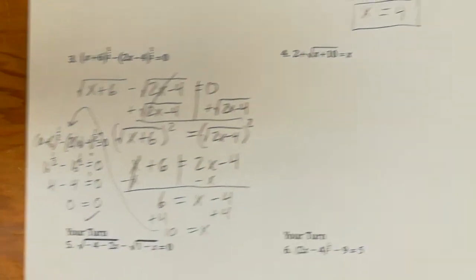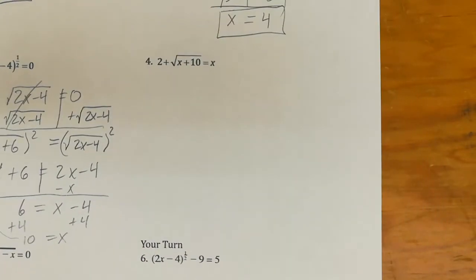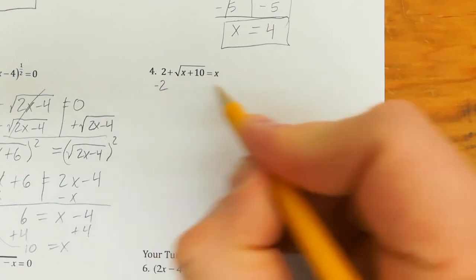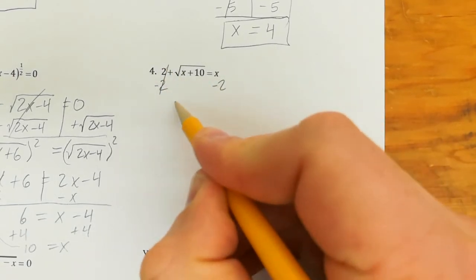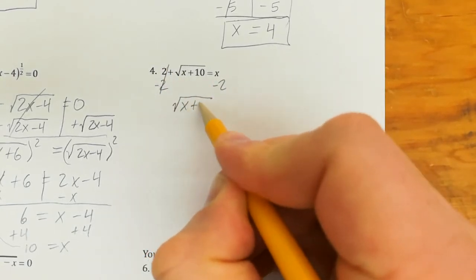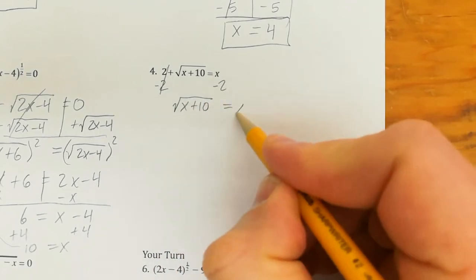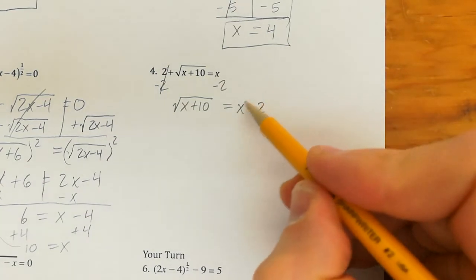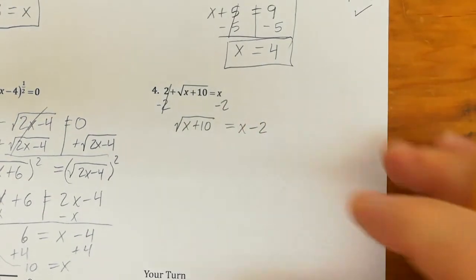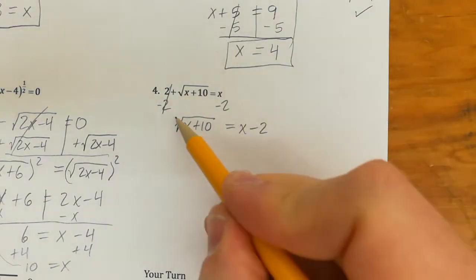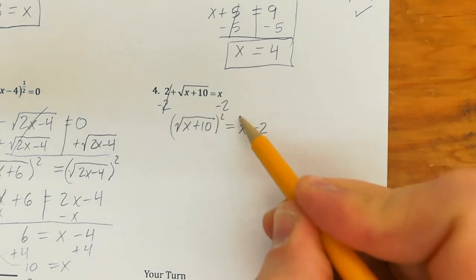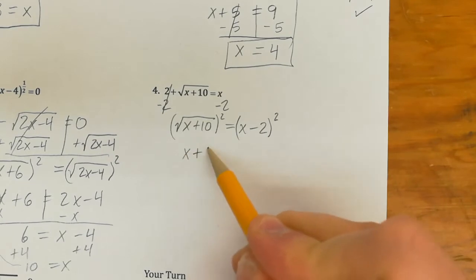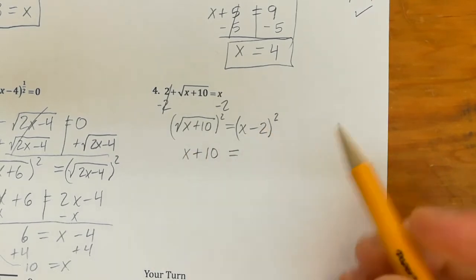Okay, number 4 is a little different here. We're going to go ahead and take away 2 from both sides. We want to isolate that square root first in order to use that technique of squaring both sides. Notice we have a binomial over here. We have x minus 2. When we go to square both sides, it's going to be a little different over here. This is just going to be x plus 10 over here, but over here we have to basically FOIL this